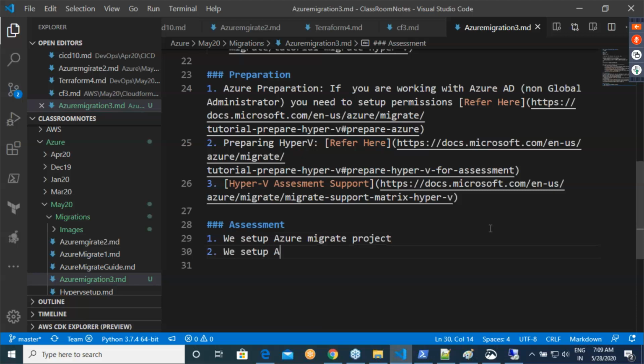And then we set up Azure Migrate appliance. And once we set up this Azure Migrate appliance, we will do the verification of it and all of that stuff. And then we start discovery. Once we start discovery, then we set up assessment. So these are the basic steps.